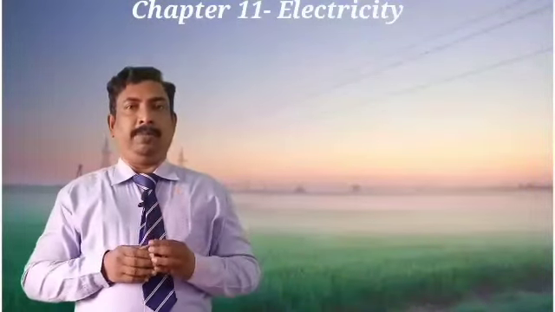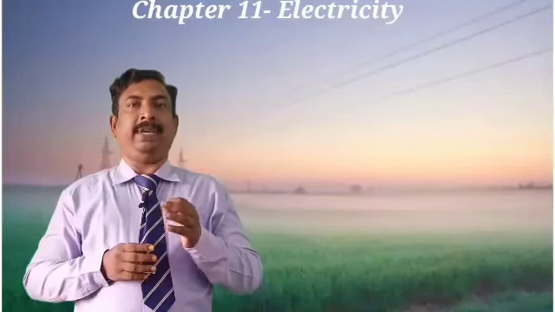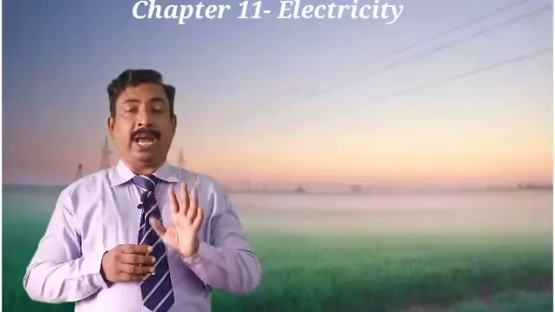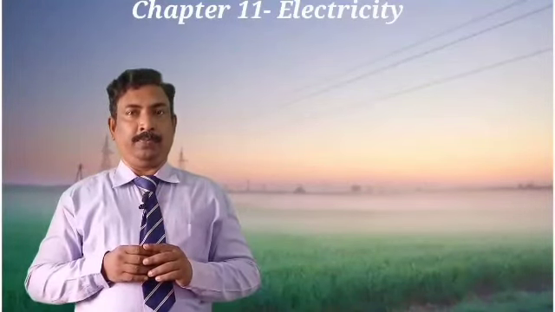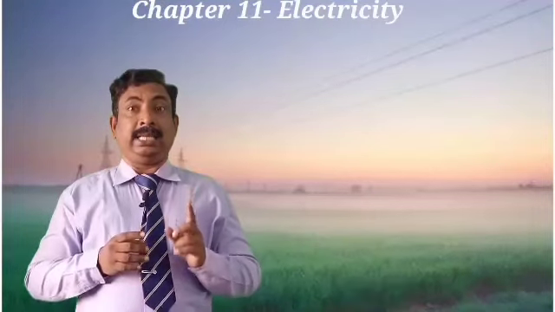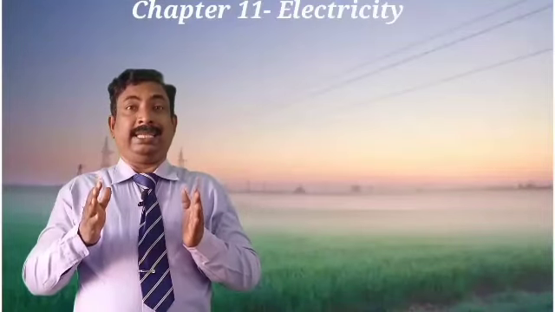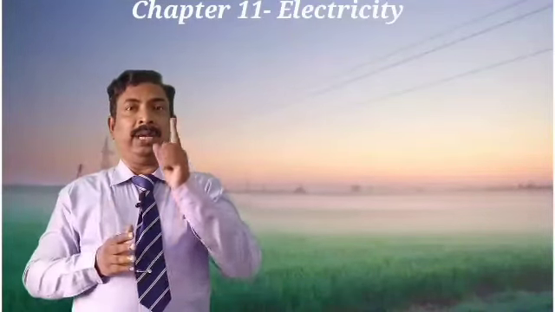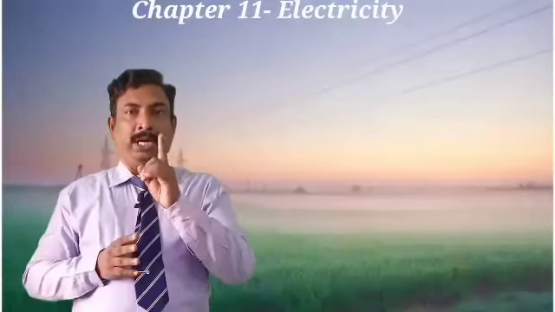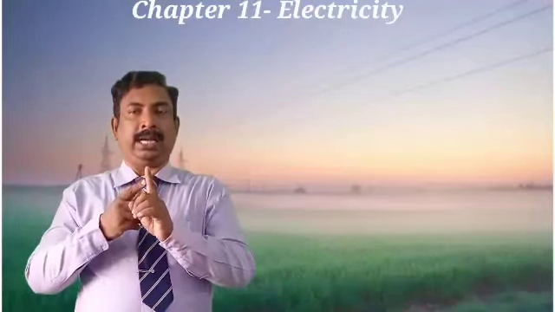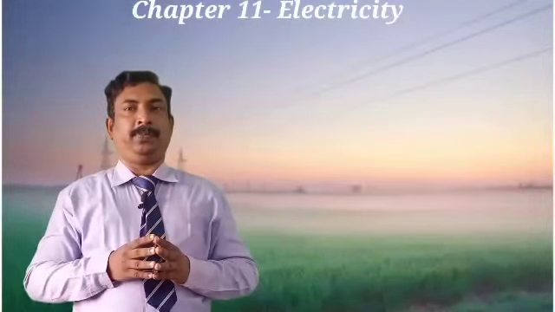What is this coulomb? The fundamental property of an electron is having negative charge, and its value is 1.6 × 10^-19 coulombs. It means 6 × 10^18 electrons will constitute 1 coulomb of charge. So 1 coulomb is the unit of charge. It means that many electrons flow past a particular point.